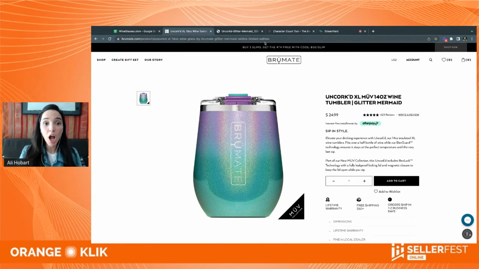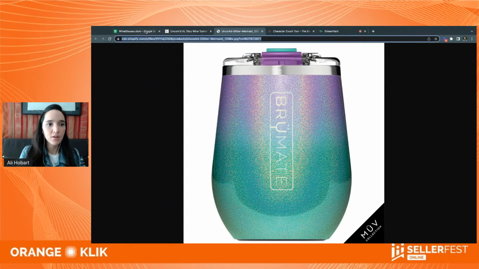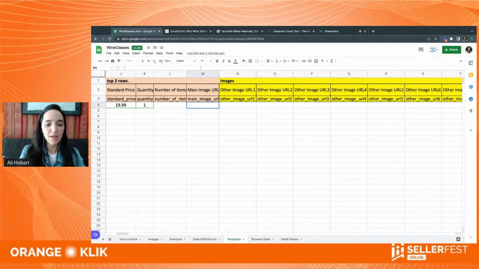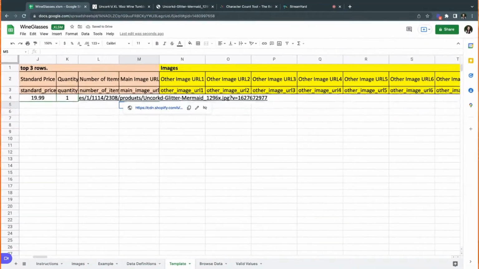Okay, so do not copy the product page URL. You're going to open in a new tab and it's going to look like this, where it's only the image filling out the whole screen. Then you can copy this URL, and then go back to your template. And as I said, I like pasting everything here. I know that it can be a little bit confusing when the information merges through other cells, but don't be alarmed. You can always hover over and stay over here and know that there's nothing on number of items, just on the URL. Just so you know, don't be overwhelmed, because I used to be.